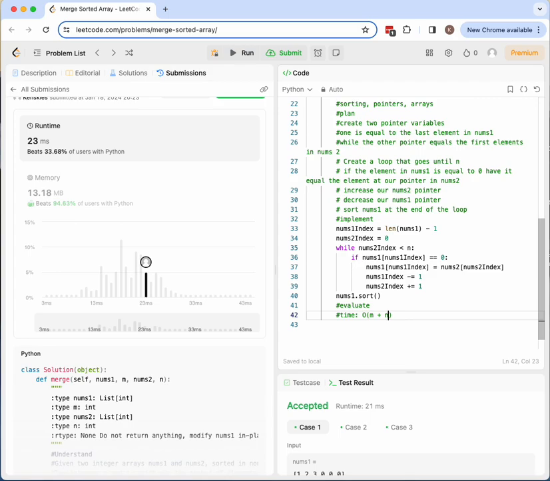Well, I think it actually depends on n, because this loop uses n. But I guess the thing is we're sorting it, so it depends on the length of our nums1 array and how long it takes to sort it. I know if you're using sort, we'd use logs, so it might be O of m plus n